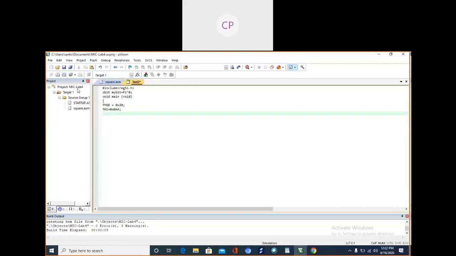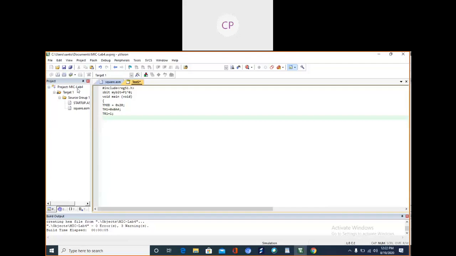For that, TR1 is equal to 1; semicolon, sorry, TR1 is equal to 1, enter.